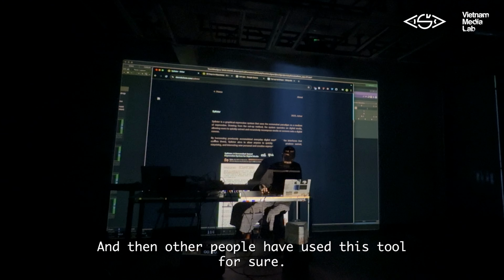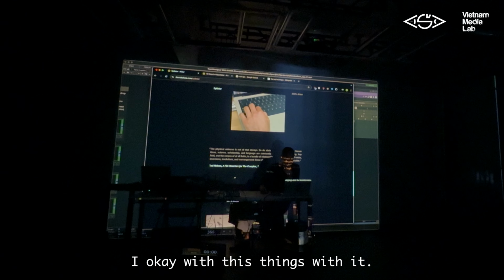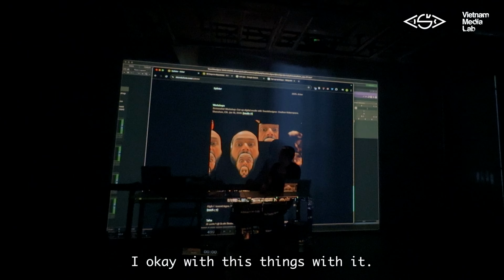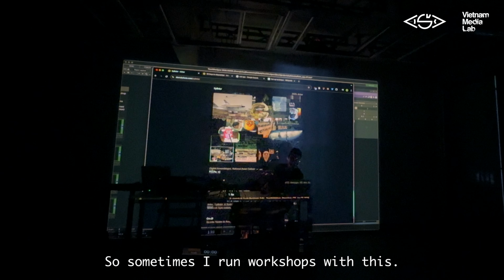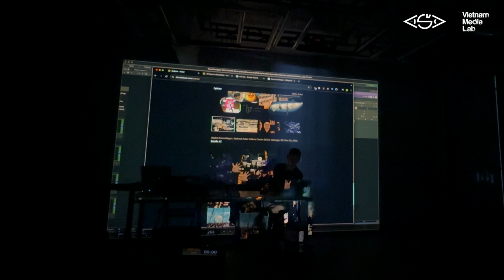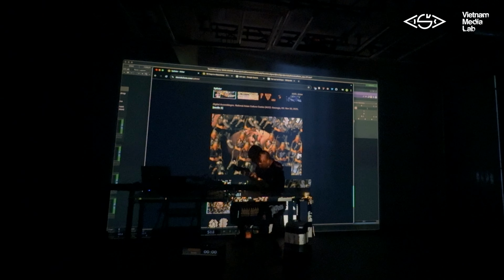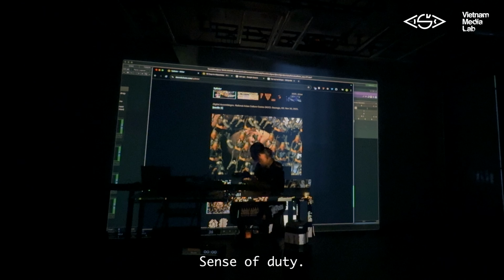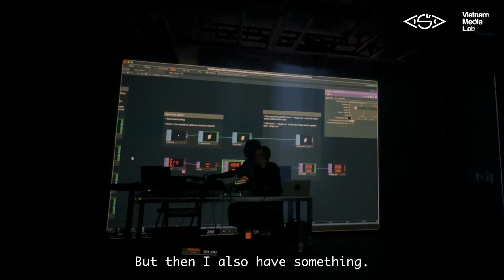And then other people have used this tool. There's many different things with it. So these are other people. Sometimes I run workshops with this. Okay. And then I also have sounds. So we can do